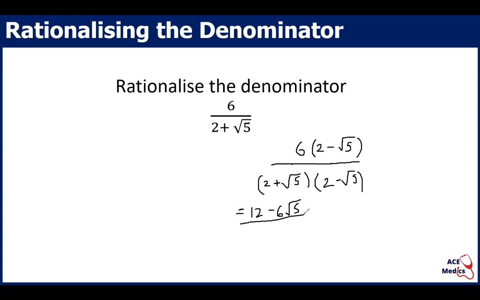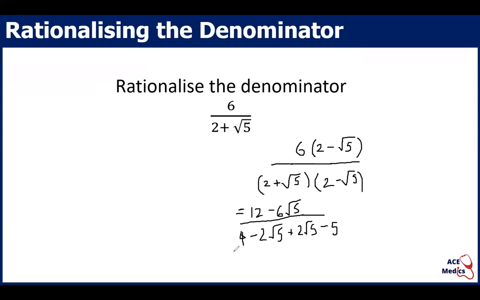On the bottom, we've got a bit of expanding going on. So this is what we learned just before lunch. So we're going to do our firsties, outies, innies, lasties. So our firsties, 2 times 2 is 4. Outies is minus 2 root 5. Innies is plus 2 root 5. And lasties, we've got a positive and a negative. So it's going to end up being a negative